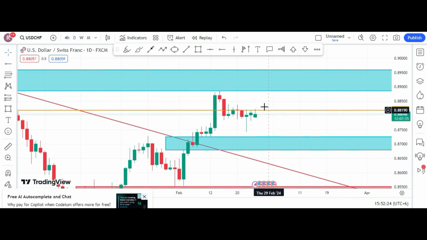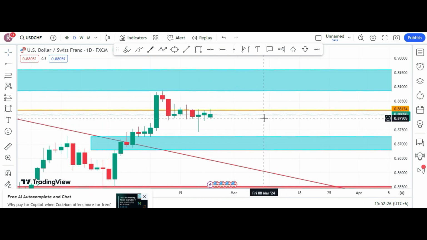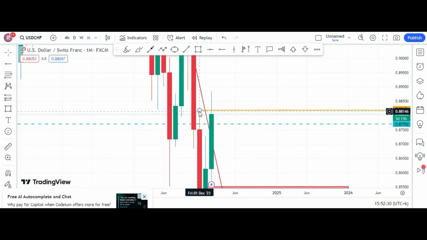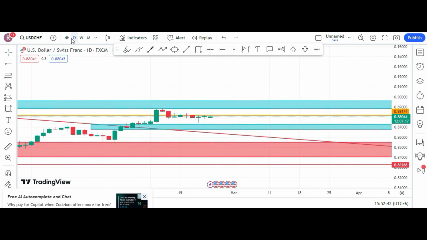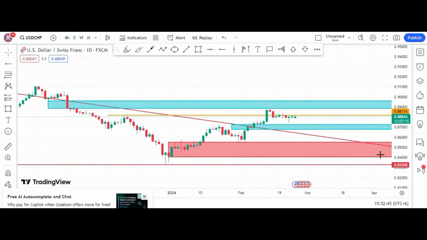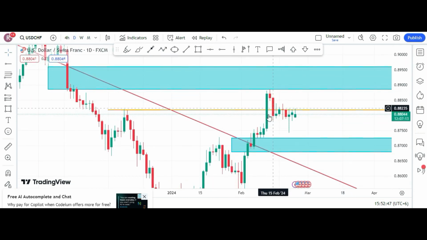So it is ranging right now, so we don't know whether it will, on monthly if we go, it will first break, take out this top, change of character will happen, then it will go for the higher one, maybe moving towards this 50%. So in daily we have no lead at the moment to take any trade. The market is confused,